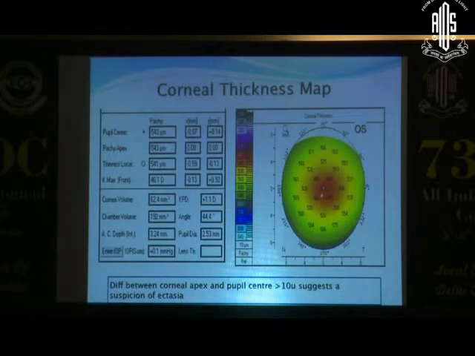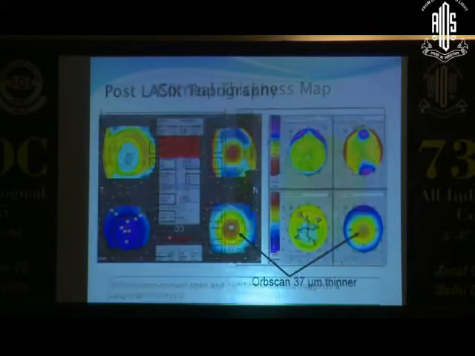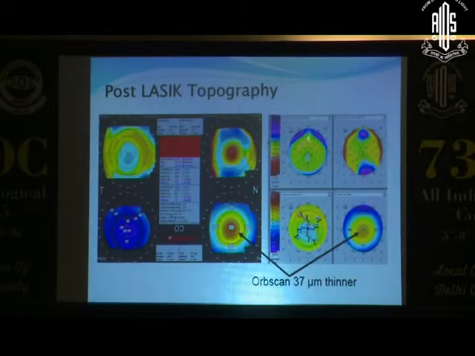The corneal thickness over here in a Pentacam is extremely comparable to the ultrasound pachymetry. However, there have been very minor differences in patients post C3R treatment and post LASIK. But definitely, compared to an OB-scan in a post-LASIK topography, you're more likely to get a thinner cornea with an OB-scan as compared to a Pentacam.